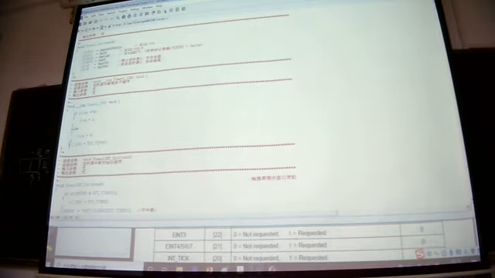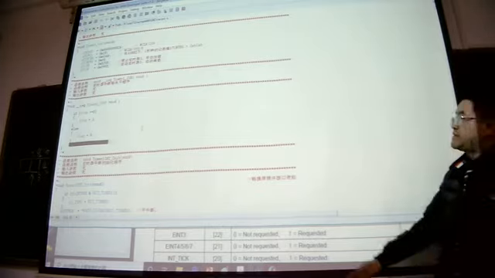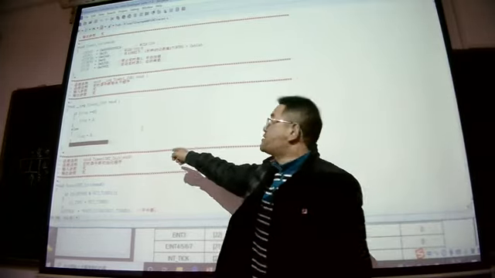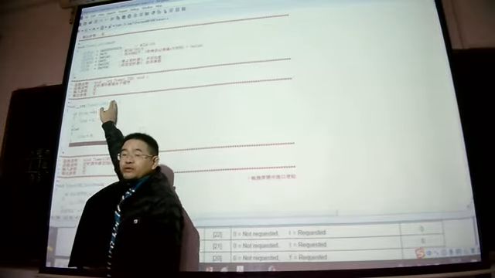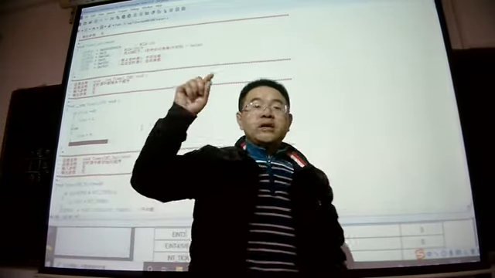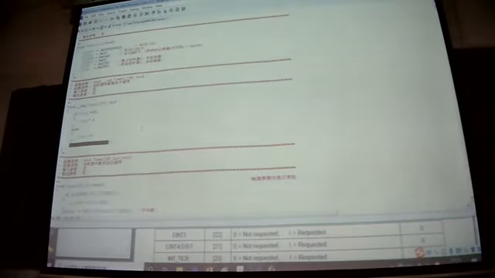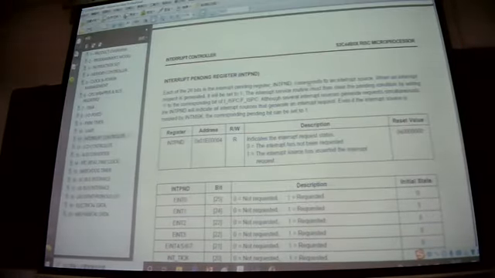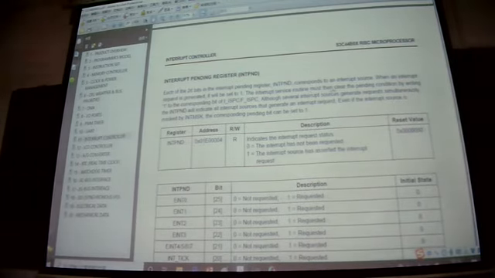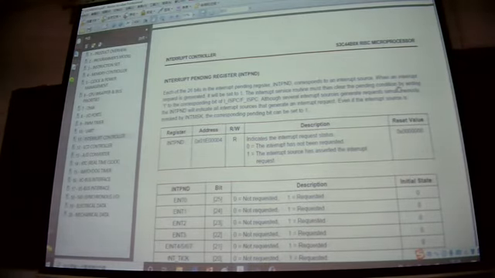At the end of ISR. Yes or no? At the end of ISR. This is ISR, interrupt service routine. In the interrupt service routine, let's look here carefully. In the interrupt service routine, we must then clear the pending condition by writing